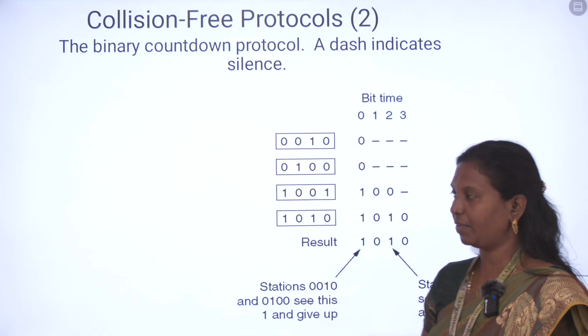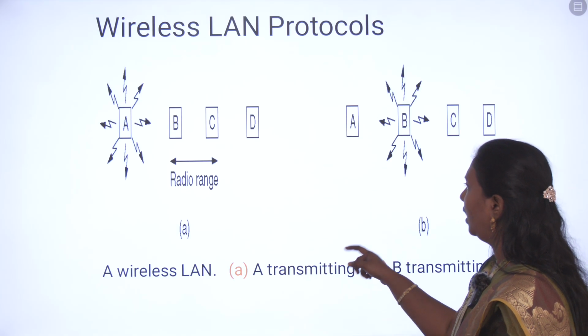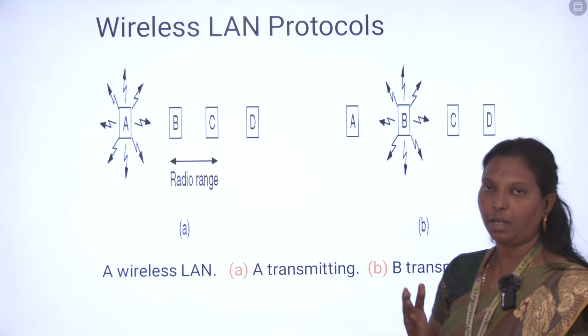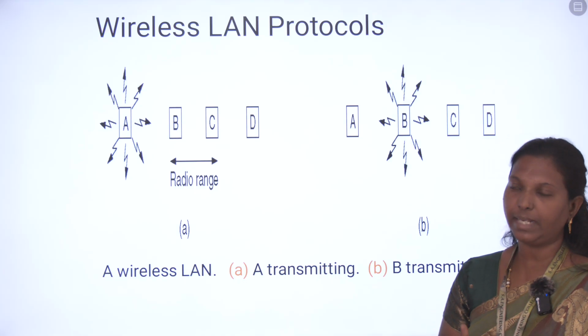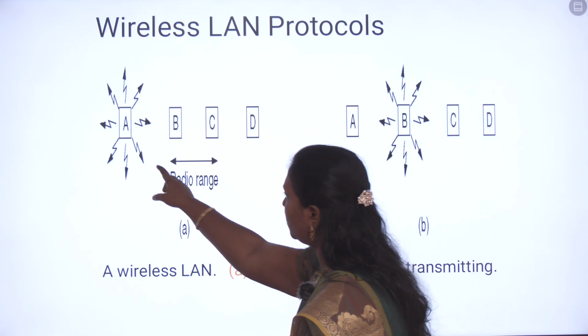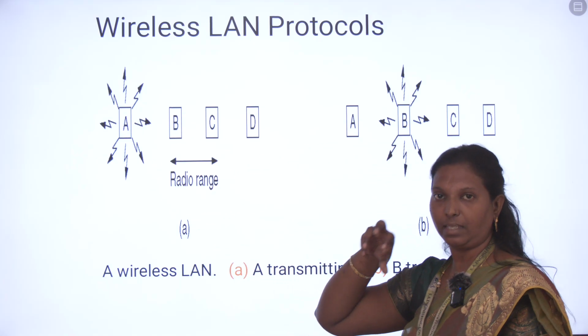This is the major functionality. And this is how the radio range will be set up in the wireless LAN. So far we have seen pure Aloha, slotted Aloha, CSMA/CD, and now we are moving to the wireless LAN. So here, when we have a radio range of A to D, A gets engaged